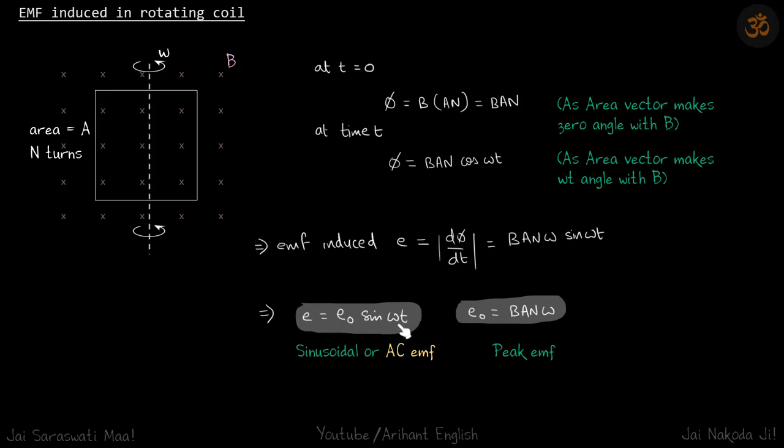When will it occur? When the loop has turned 90 degrees, and again when it has turned 3 pi by 2. So when the B vector is making 90 degrees with the S vector, then your EMF is at peak value, and its value will be E naught. We'll study this in detail when we study AC. This is just an idea.